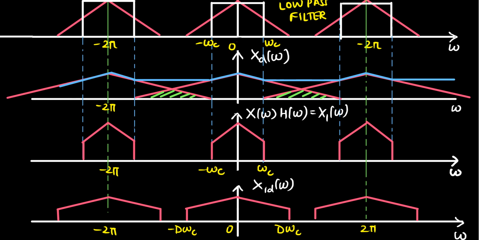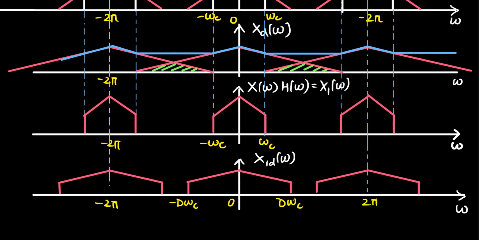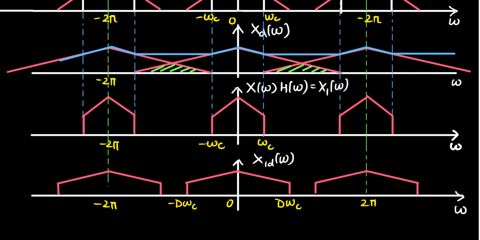This is the signal that we obtain when we multiply the initial Fourier transform, that is X of omega, with H of omega. Let's say it is given by H1 of omega. Once we have this H1 of omega and then perform the decimation, the Fourier transform of the decimated signal will look something like this. It would be scaled properly, but there would be no overlapping.